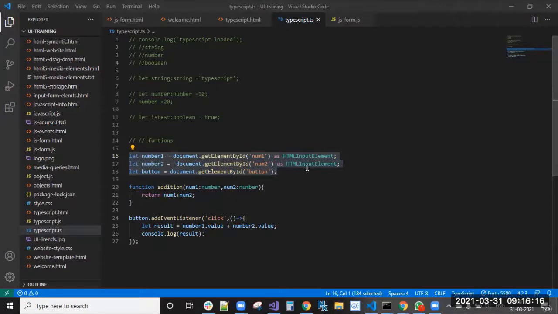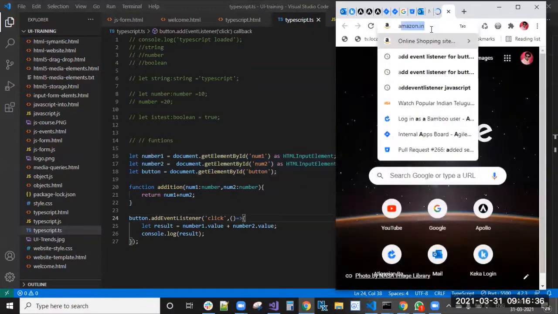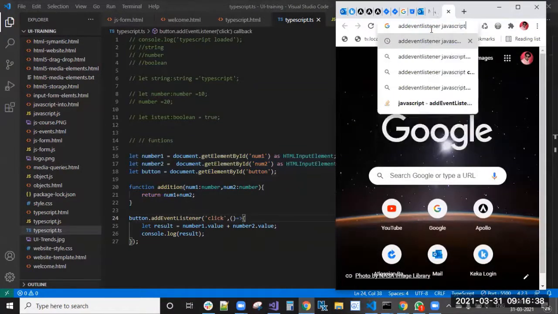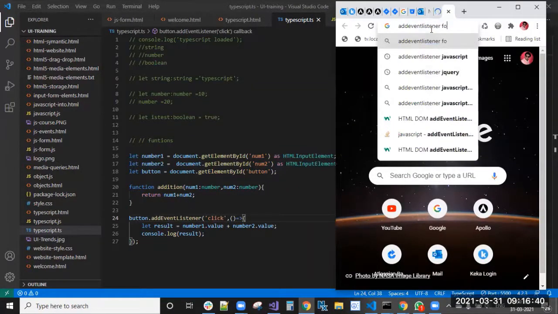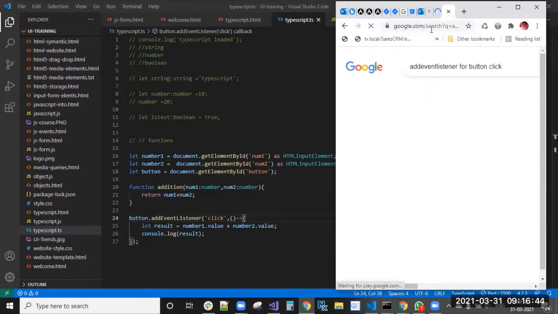On click we can write too, but we should have access to pass the variables like num1, num2. We are passing those two, and that we can control actually in TypeScript. addEventListener syntax is the same only. We will check in Google whether the addEventListener syntax is different or not.